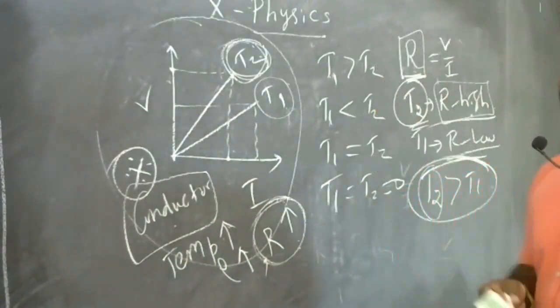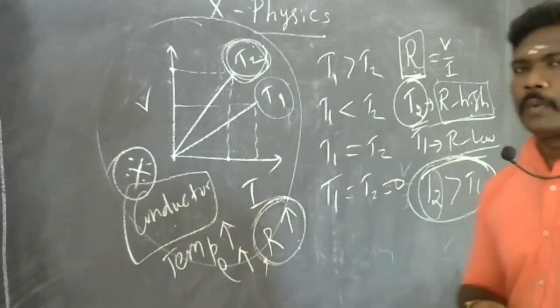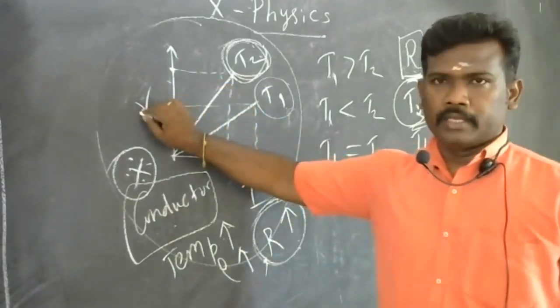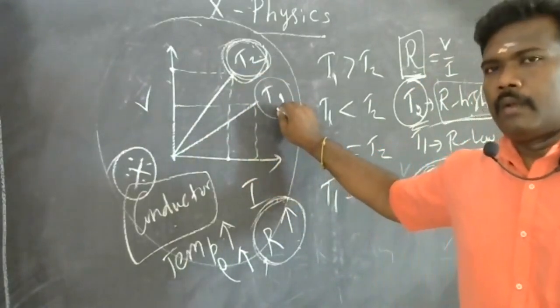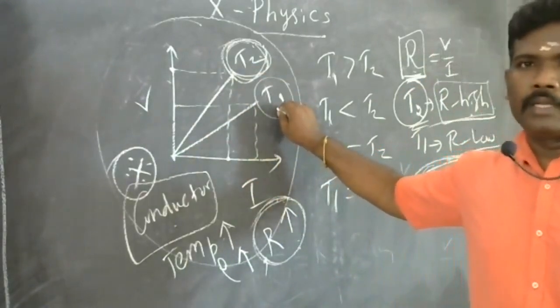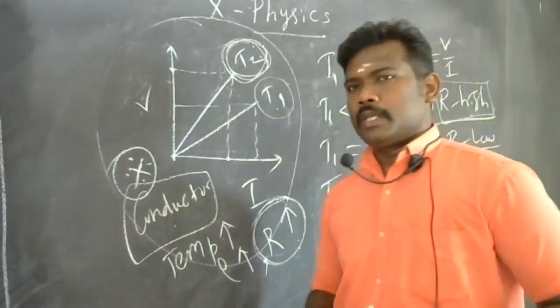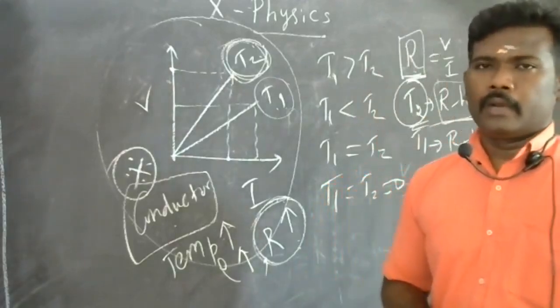If you clear that concept, you will be able to answer any variety of questions. I'm not trying to confuse you, you just focus on this point. This is the given graph, I on the x-axis and V on the y-axis, and we have two different temperature curves. For all these types of graphical representation questions, first you calculate the slope, and after that you see what the question is asking. So in this question, you are going to compare T1 and T2.